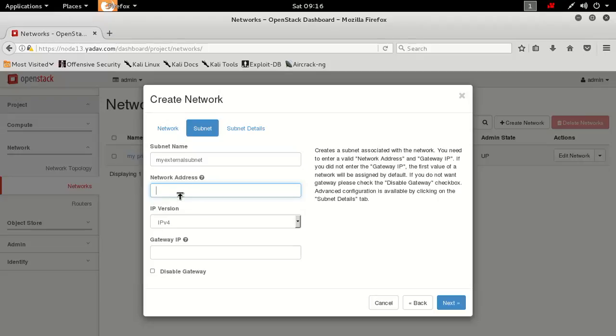What is your external network address? So give that. What is your IP address and net mask for your machine? My machine IP address is 13 and net mask is 24. So my network address will be 192.168.0.0/24. I should know my gateway, because I know my gateway is 192.168.0.1 for this external network. Next one is